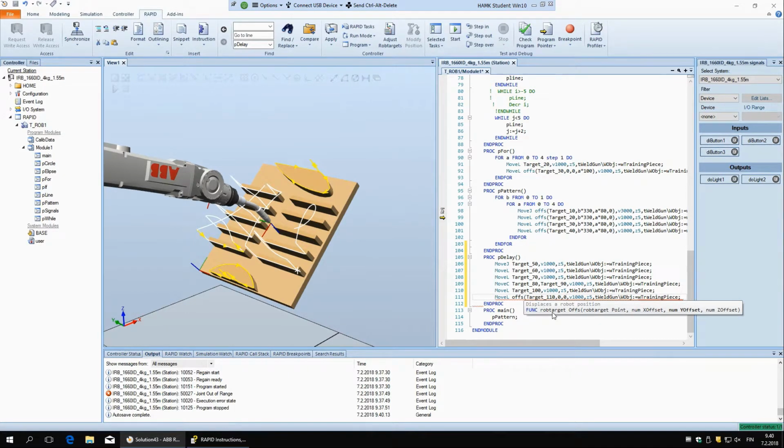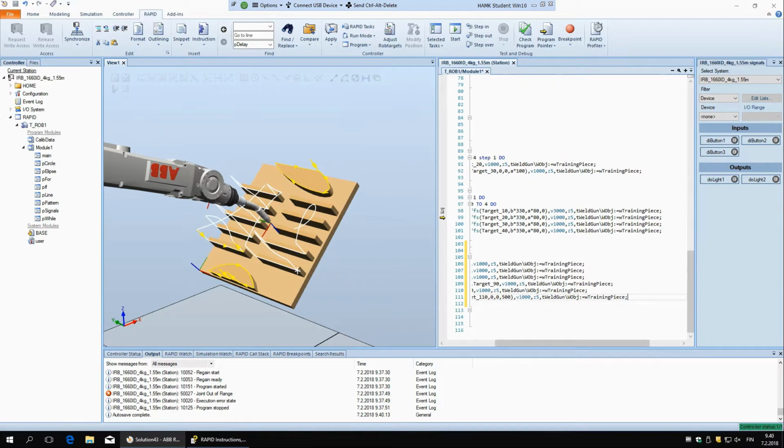Zero, 0, and I don't know, let's try 500 if it's going to work. And then after this, let's say